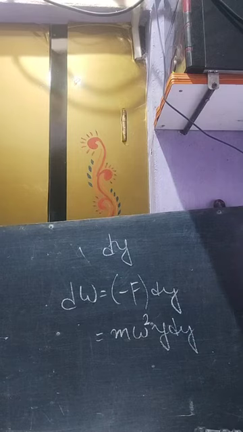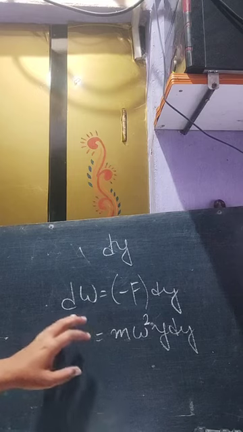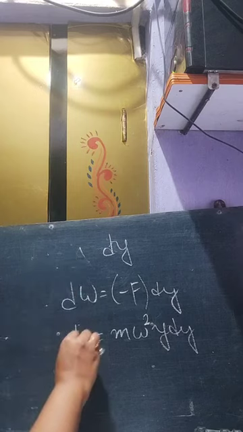Okay. Now, the total work done, so what is the work done? That leads us to the energy, right? So, the total work done for displacing the particle through y can be obtained by integrating the RHS of the equation. Okay. So, if we integrate this,